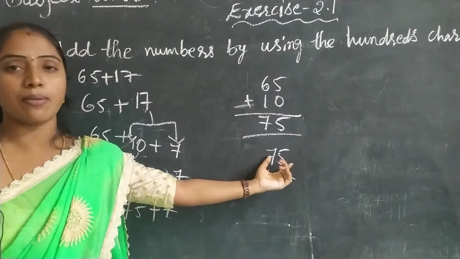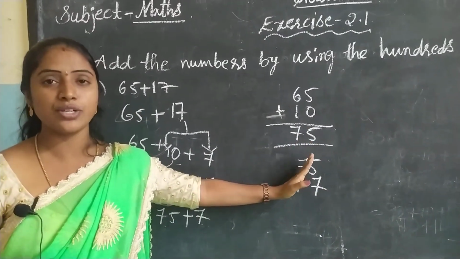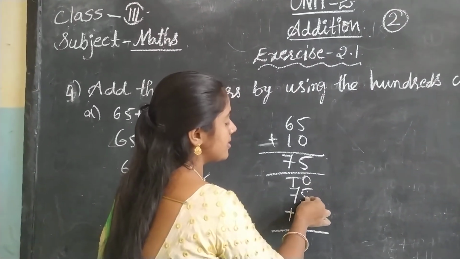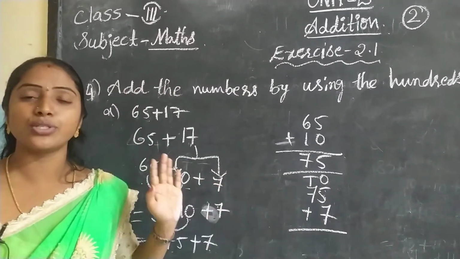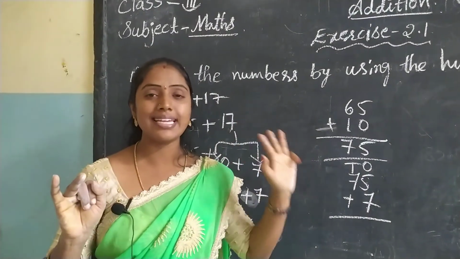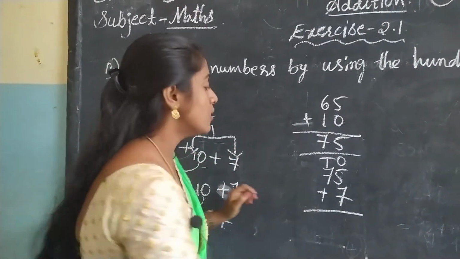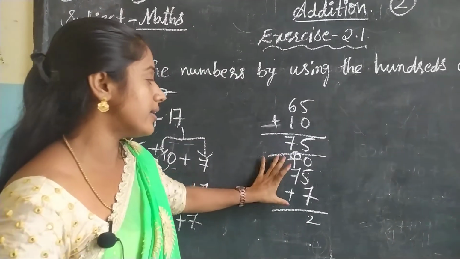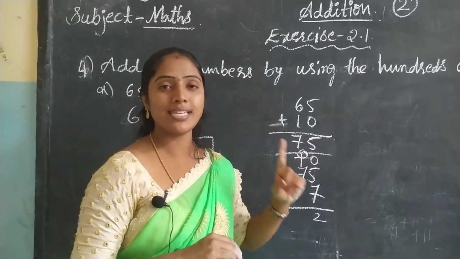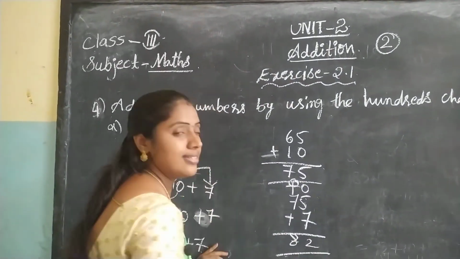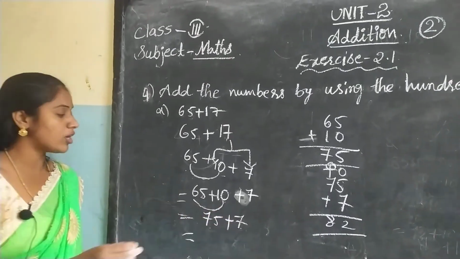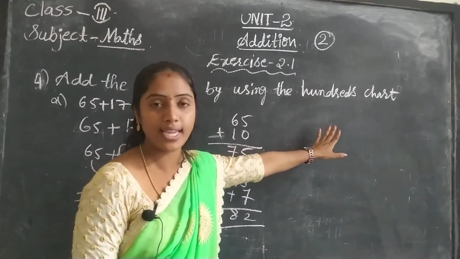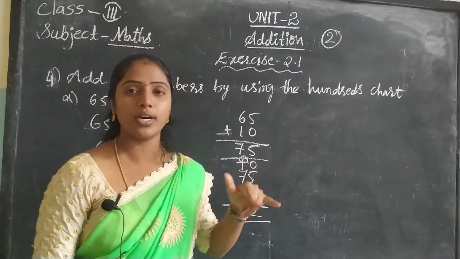So this is a 2-digit number. 7 is a single digit. So you have to arrange in ones column. Okay, ones column you should arrange. So what is ones column here? Now the digits are 5 plus 7. After 5 you should count 7 numbers. After 5, 6, 7, 8, 9, 10, 11, 12. So 2 write down in ones place, 1 carry over to the tens place. Okay, now adding tens place, 7 plus 1. How much is 7 plus 1? 8. So the answer is 82. 75 plus 7 is equal to 82. In this way you have to do this with the hundreds chart. Okay, children, remaining sums you have to do in your classwork. Okay.